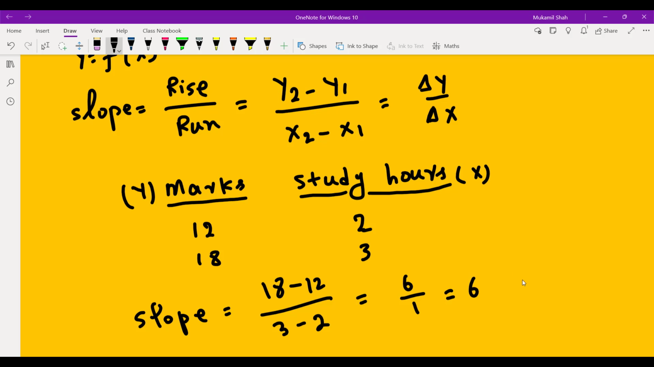But it should be noted that slope doesn't always have a positive sign. It may have a negative sign or it may have a positive sign. When it has a positive sign, it means that there is a positive relationship between study hours and marks. However, if there is a negative sign of the slope, it means that if there is an increase in independent variable, there will be a decrease in